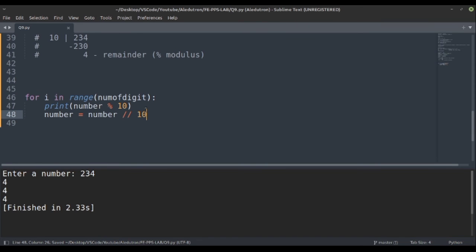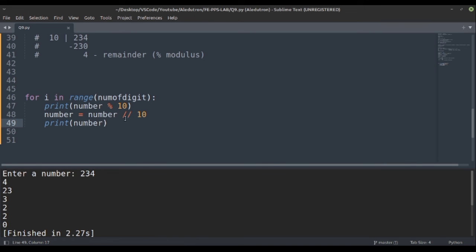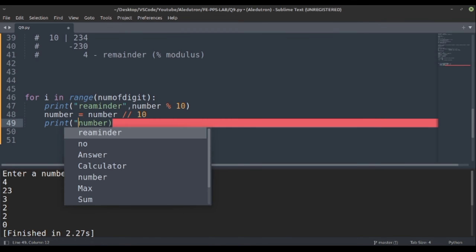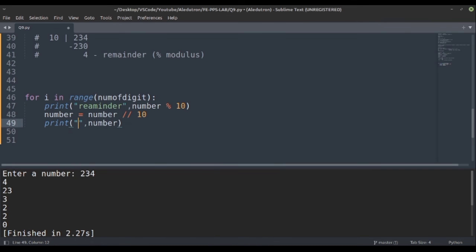So if I run this again, let's print the number, and 2 2 3 4. For good visualization, let's print the remainder, and similarly here the quotient.